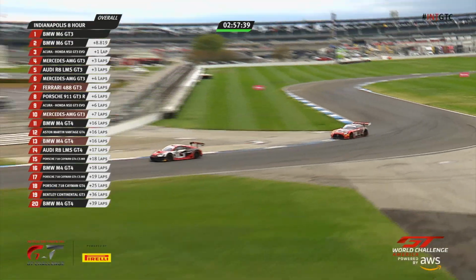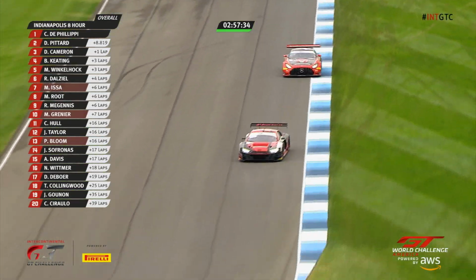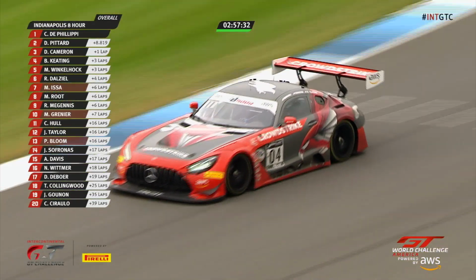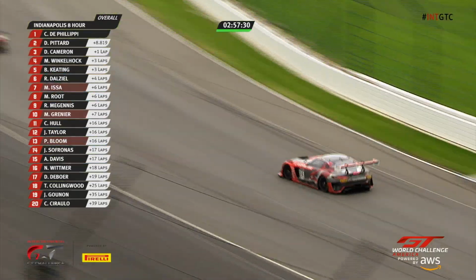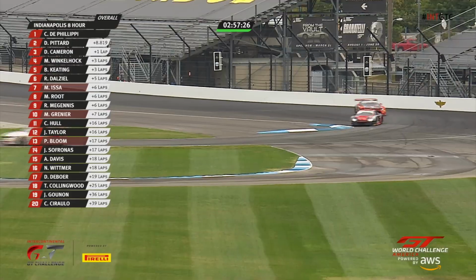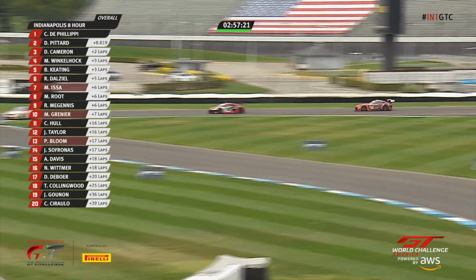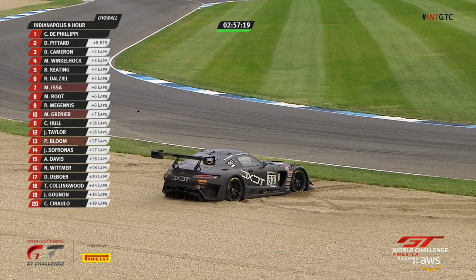Yeah, and the stewards may take a look at that. I mean, they're saying you have to have one part of that Pirelli P0 on the blue and white curbing if you're going to exceed those track limits. That was kind of right on the margin there, but he did gain position in the next corner, so that may be one where they say give it back, but we'll have to wait and see if there's a message come up. And we'll be on the lookout for that as we've crossed the 3 hours to go mark, and